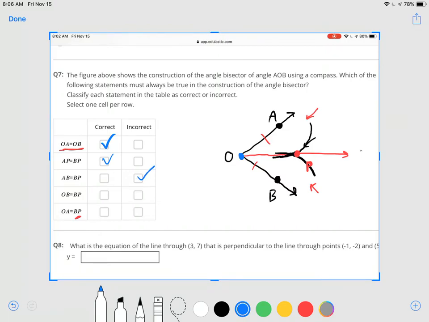And then OB is equal to BP. So they're saying that OB, this line segment, has to be equal to this one. Now that's not true. That doesn't have to be the case. Now the way that we always drew them on IXL, it turned out that that would be true. But